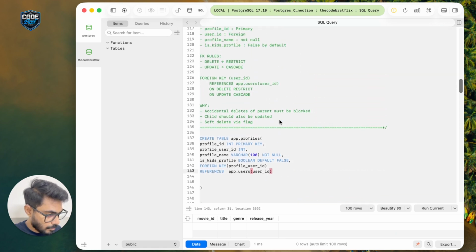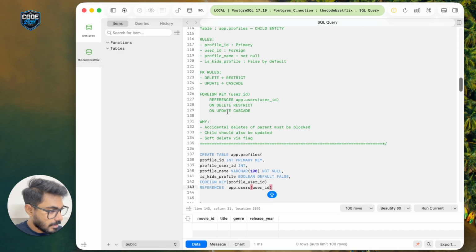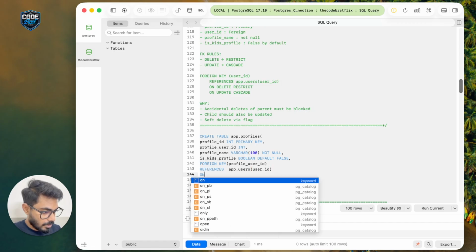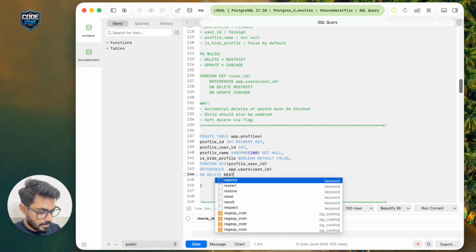And then there are two more constraints that we need to put here: delete and update. So what does it mean? If we put delete restrict, then suppose we do not want to delete something accidentally in the child table or in the parent table, so accidental deletion of the parent must be blocked, right? So for that we need to write on delete restrict,